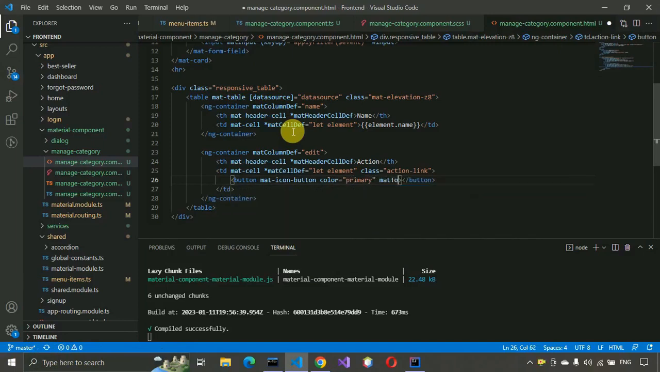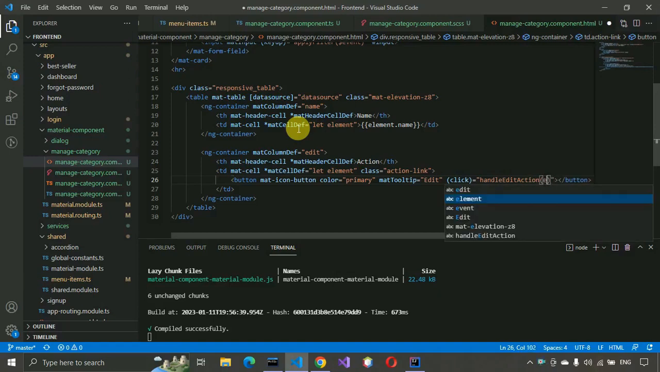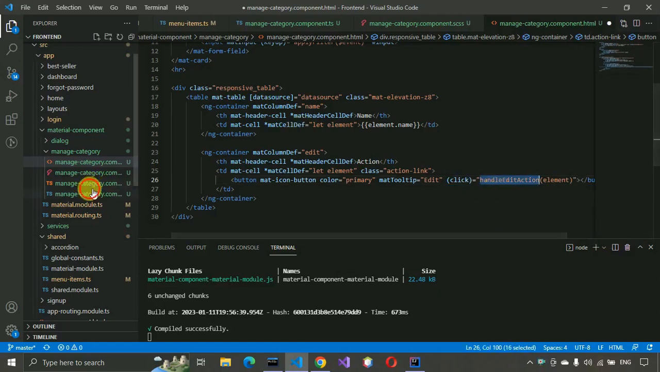and mat tooltip, so whenever you hover on that particular button, so a tip will be visible to that particular user. For that purpose we are going to add it, so here I'm going to write edit, and whenever someone clicks on this, so we need to call a method, so handleEditAction, and it should be camel case, sorry, and here we have to pass the element, this one, and this method does not exist,